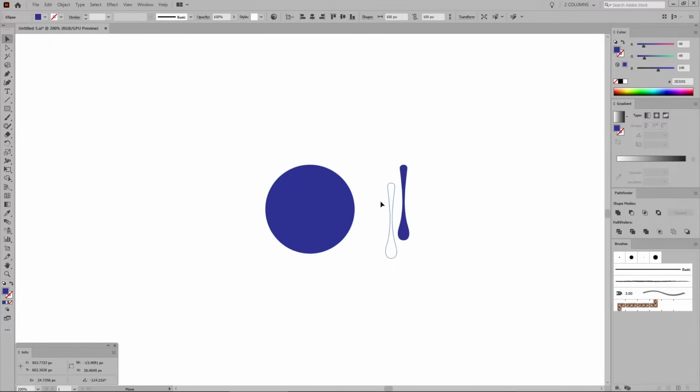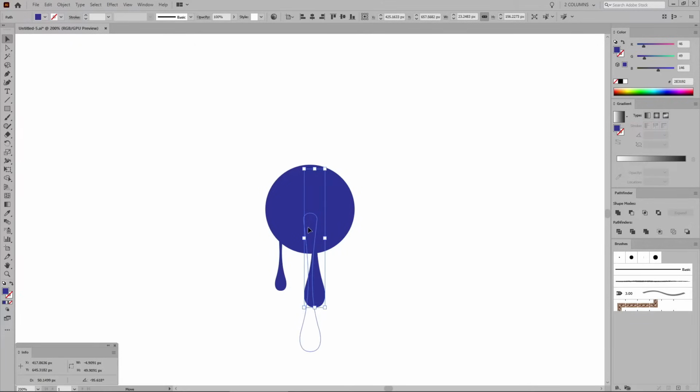Select your drip shape and place it somewhere around this area. Now hold down the Alt key, or the Option key if you're on a Mac, and drag a copy of your shape like that. Let's use the bounding box to make this new drip shape a lot bigger. Remember that holding down the Shift key will maintain the proportions of your scaled shape, and move this shape somewhere